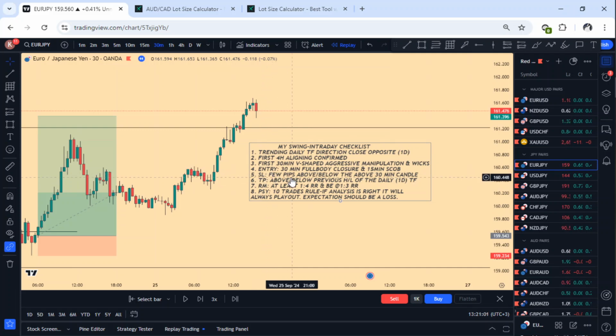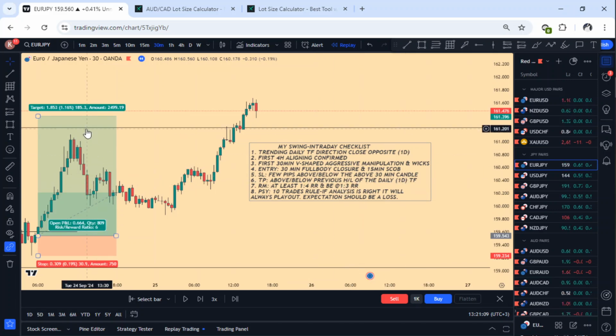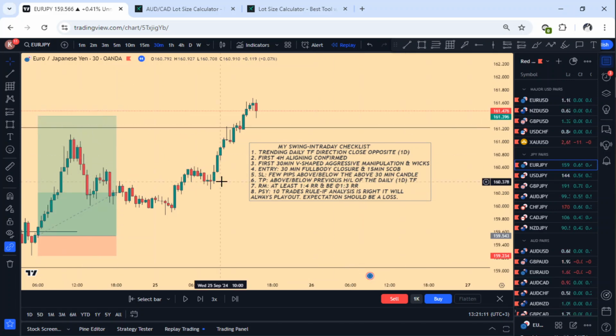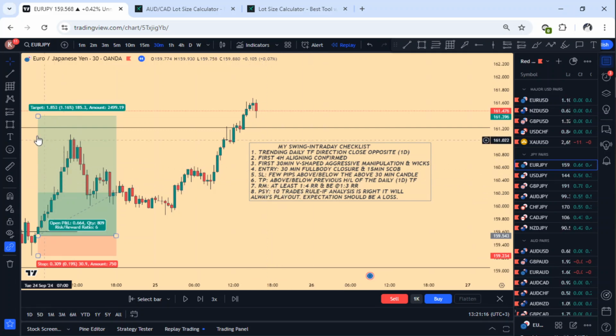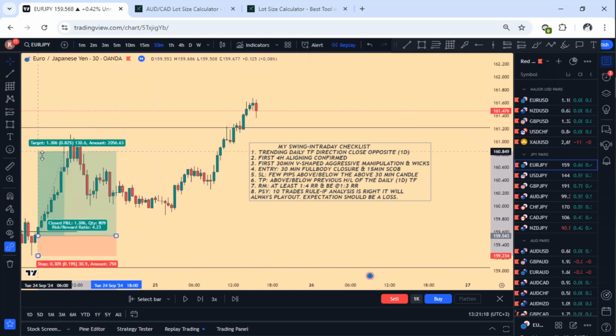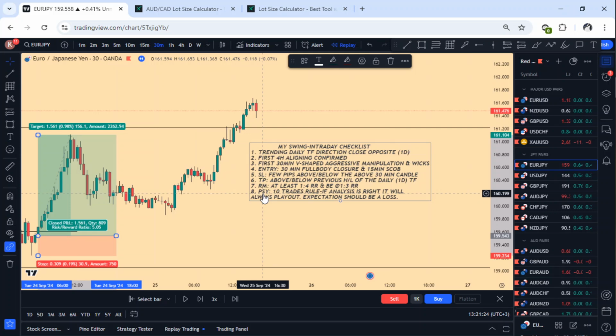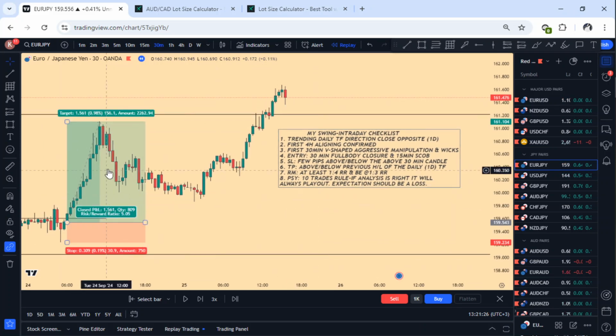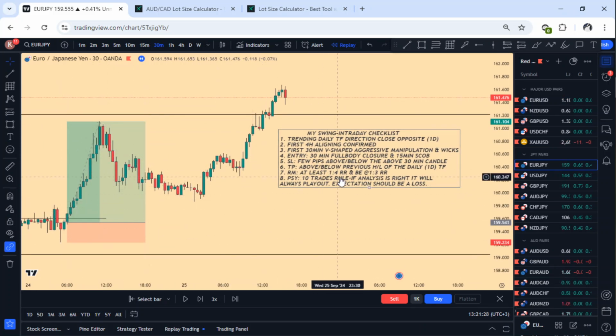Now SL a few pips above or below, that I had already explained, and then TP above or below the previous high or low of the daily candle. This is the high of the daily, so this is where your TP should be. And then risk management is to target at least a 1 to 4. If you're targeting a 1 to 4, you work it out somewhere here, or even a 1 to 5, it's okay. And then for psychology, we look to take such similar trades 10 times and then let the favor work on our side,